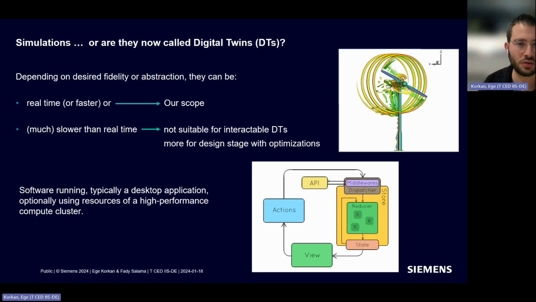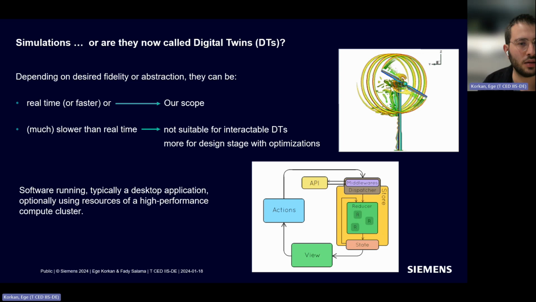So if you want to look at the turbulences and so on in a wind turbine. And generally, these are software running in your computer. Very typically, it's a desktop application. And generally, you can also use high performance clusters so that you can get your results much faster. And today, we will focus on the first one,